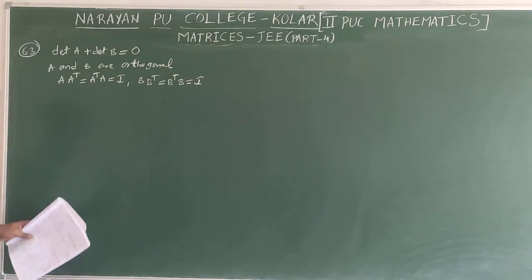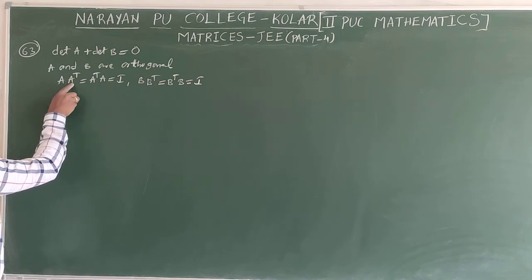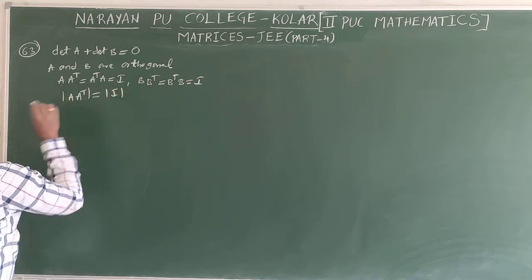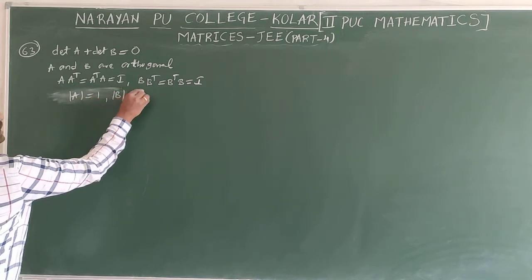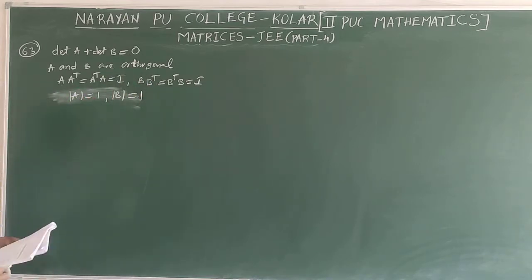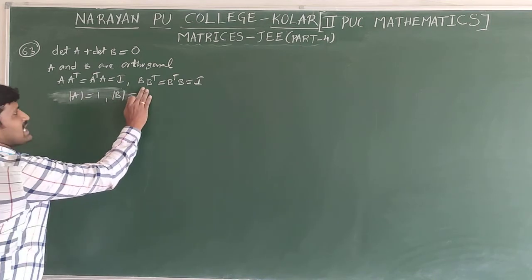Now, for orthogonal matrices, det A value, clearly 1 we will get. Because det of A and det of A transpose are both the same, you will find det of A into A transpose equals det of I. Directly I am taking that det A will be 1, det B also 1. Now coming to the condition that det A plus det B is equal to 0 is given. To satisfy that, det A you can take either plus or minus 1 also sometimes, because det A whole square we will get.